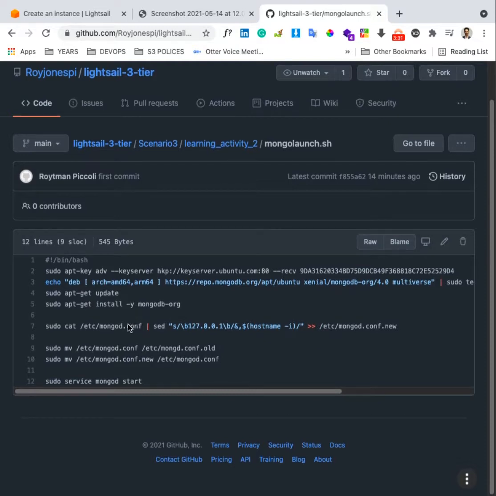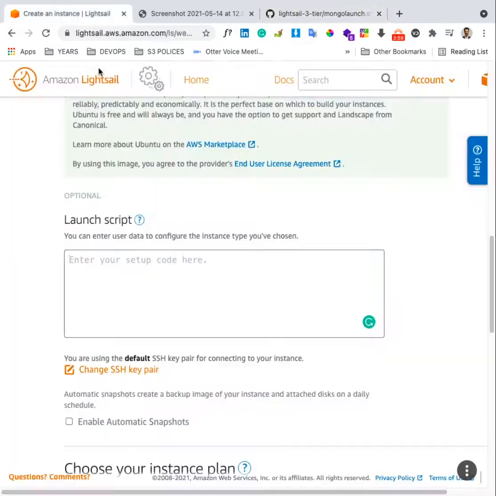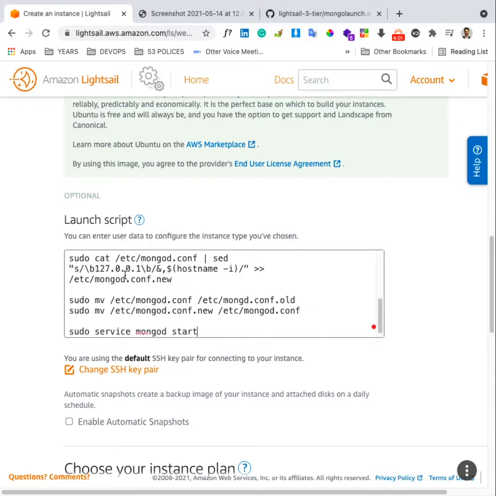So we will need to do this by locating the launch script I mentioned for you. We can get the direct link in the lesson script in this video. I will put it in the video, but it is also available on GitHub. Just make sure that you are using the MongoDB launch script, which is the name of this bash script, and we go ahead and copy all this and put it in the description box. Okay,